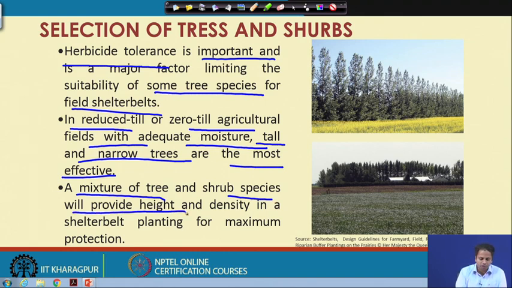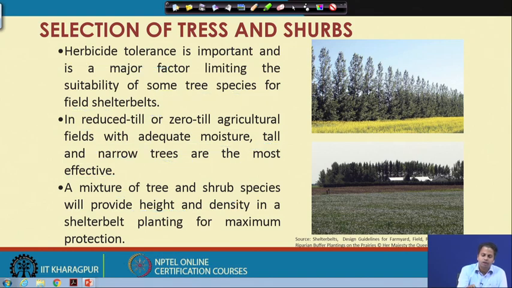You can also think of planting a mixture of trees and shrubs species to achieve good enough height and density to get the maximum amount of protection length. Okay. So, these are the different selection criteria which can be thought of before selecting any particular species for a shelter belt.